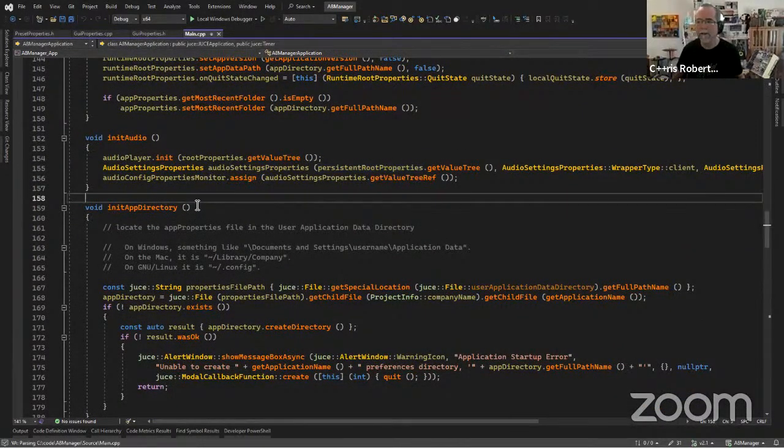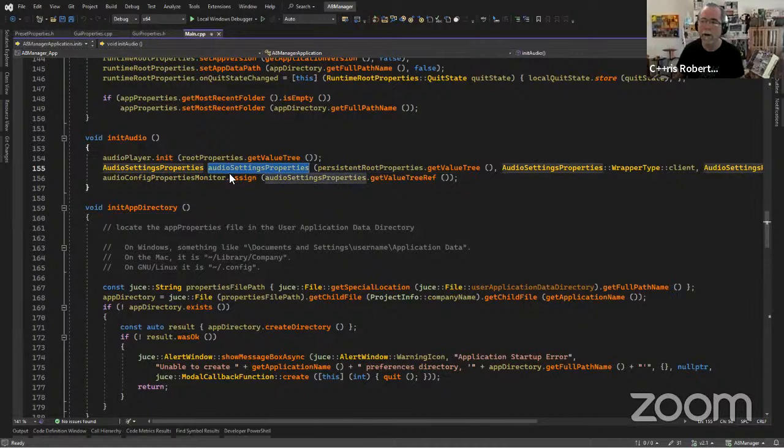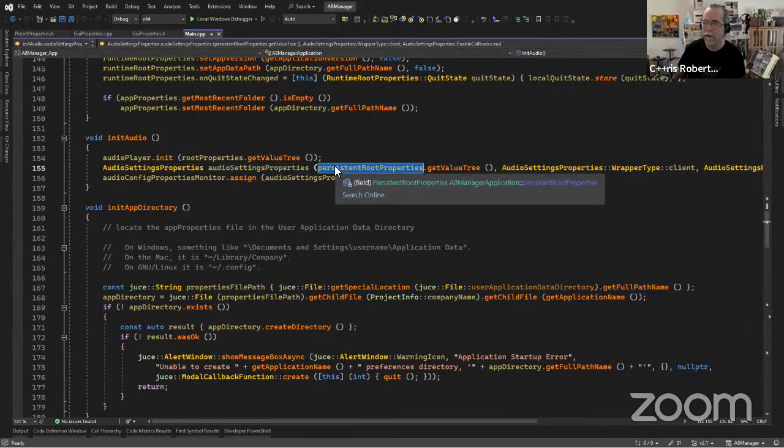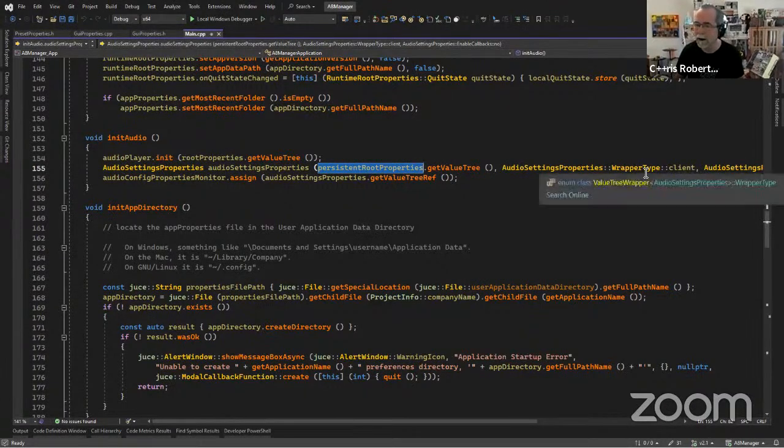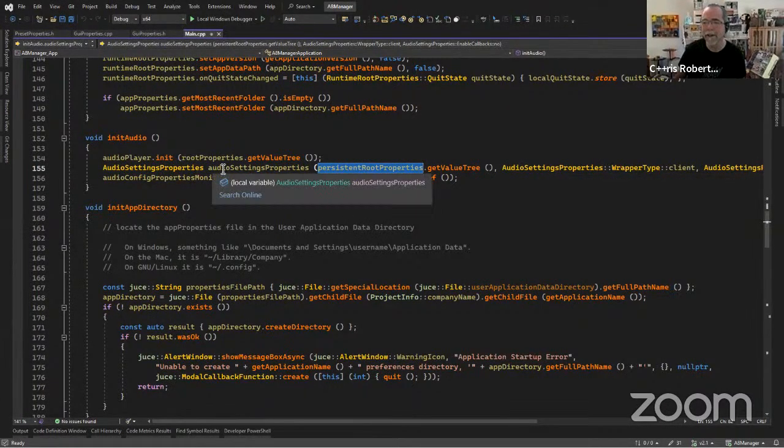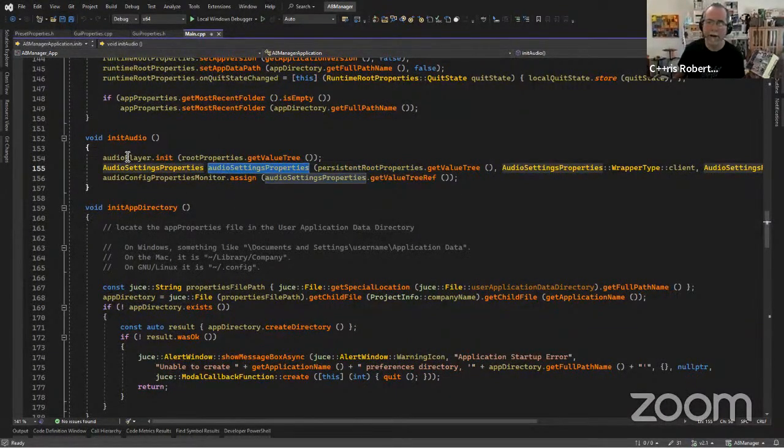Audio settings are similar. We store the current audio configuration settings, the audio device selected, and that kind of stuff in the persistent properties file. So in the init audio function here, I'm creating a local audio settings properties, attaching it to the persistent root properties, and setting it up as a client. Actually, that's funny, this class here is actually created in the audio player. I'm getting access to it